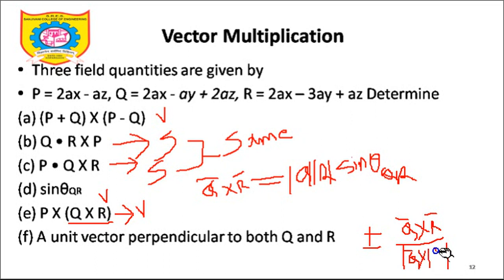If you use this formula, the perpendicular vector, as you know, can be coming towards you or going away from you. It can be in either direction, that's why this plus or minus sign is coming. I need to calculate the vector perpendicular to both, which means perpendicular to the plane containing Q bar and R bar. You can calculate this as plus or minus Q bar cross R bar divided by the mod of Q bar cross R bar. Try to solve this particular numerical and find the answer, and this becomes an exercise. These questions will not be asked in the examination, but it is important to understand how you are going to play with AX bar, AY bar, AZ bar and certain other things.